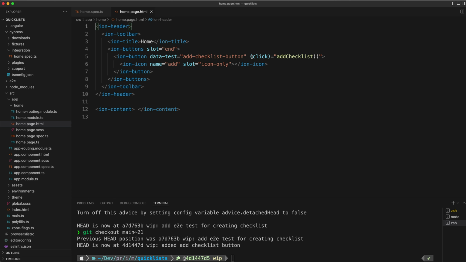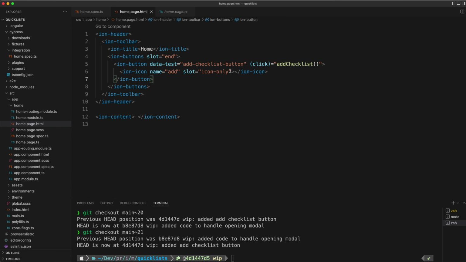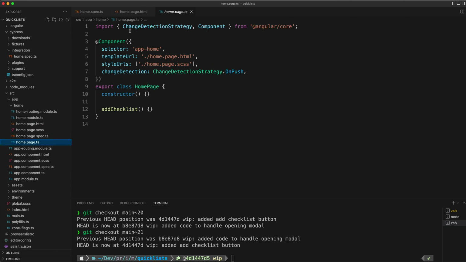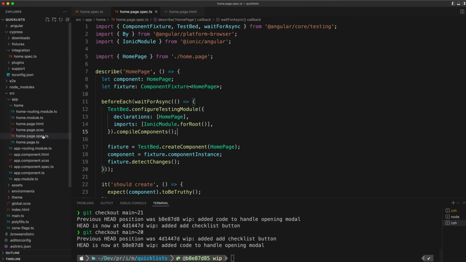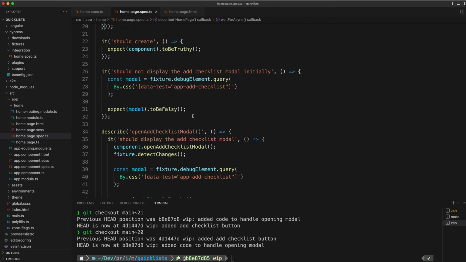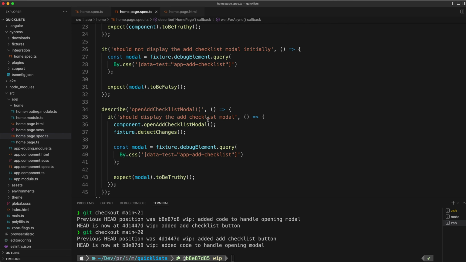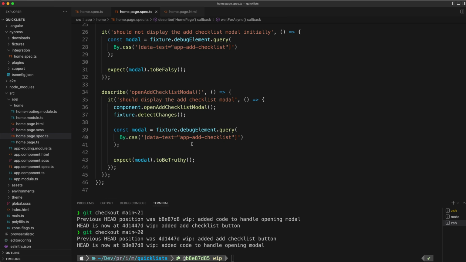So you can see here, I've set up this click handler and I call add checklist. Now that isn't going to progress us much with the E2E test because all we're doing is calling a method that hasn't been implemented yet. So what we're going to do in the next commit is write some unit tests to start implementing some of that actual functionality. So I've added a couple of unit tests here that are going to check that when the